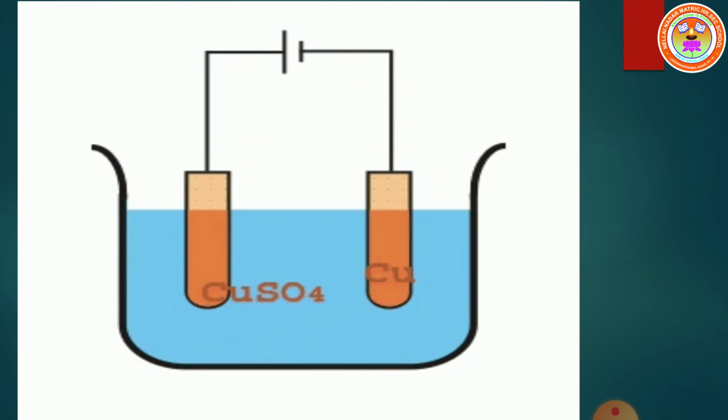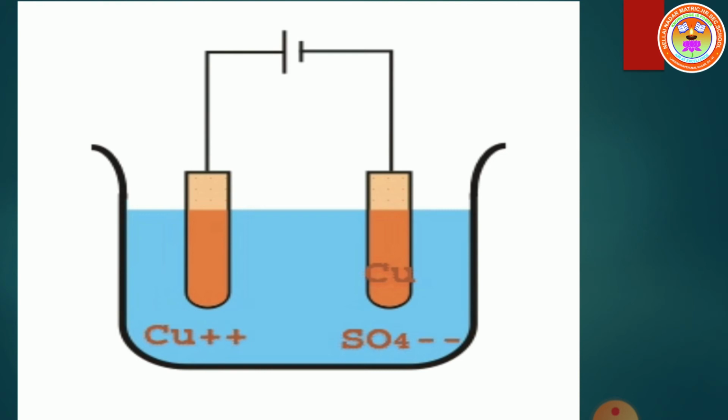We use iron in bridges and automobiles to provide strength. However, iron tends to corrode and rust. Already you have studied in your lower classes what is corrosion and rusting. So, a coating of zinc is deposited on iron to protect it from moisture and air, from corrosion and the formation of rust. So, we give a coating of zinc to iron to prevent corrosion and rusting.